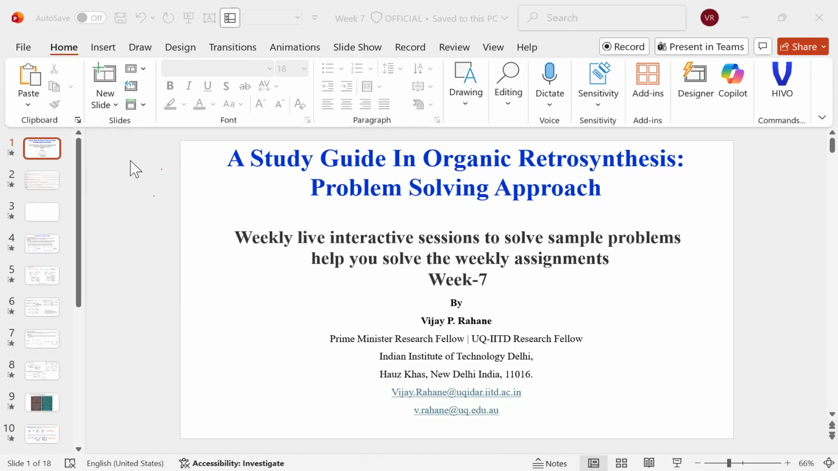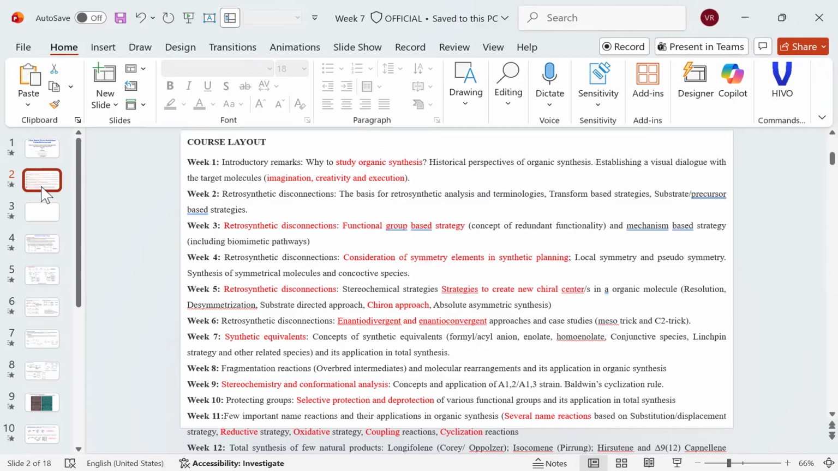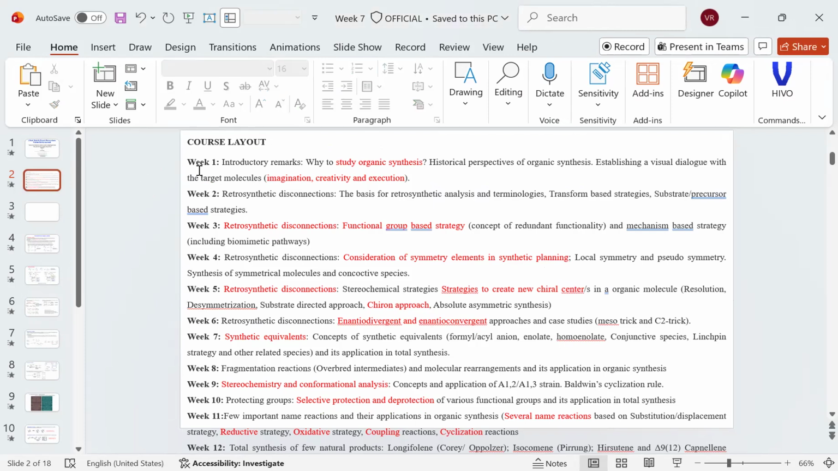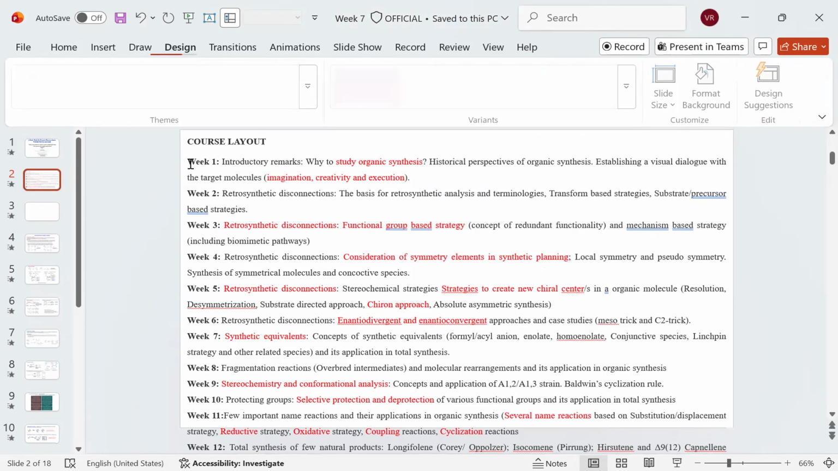Okay, welcome all of you. So this is our seventh interactive session on the course study guide on organic retrosynthesis, a problem solving approach. And in this course, as we have been discussing for the last few weeks, we are dealing with the different approaches used in retrosynthesis, and we have already covered several concepts in this retrosynthesis, mainly